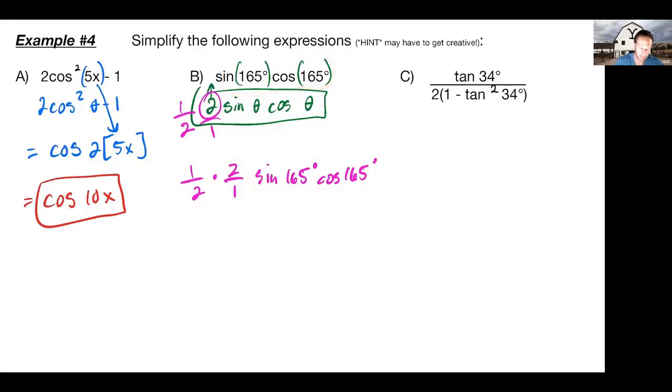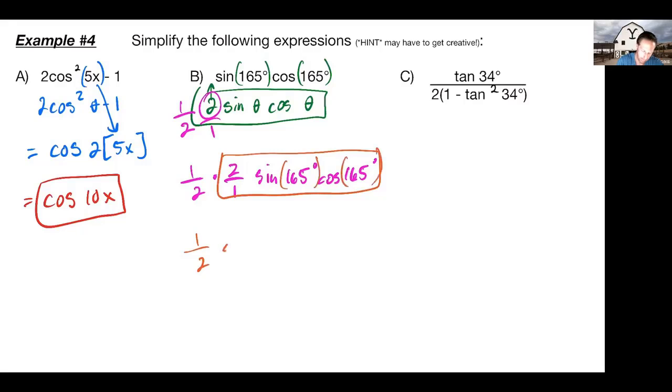But what I'm actually going to do is group these things together, because that then is my double angle formula. But don't lose that 1/2 out in front. That has to be there. So now what I would have would be 1/2 times this, which I can rewrite as a double angle for